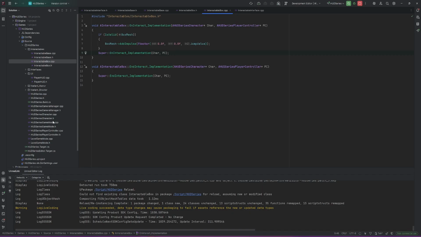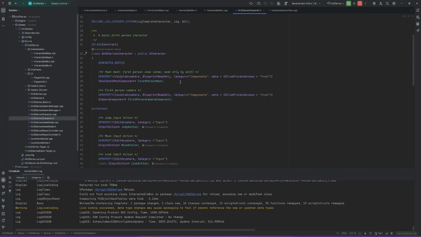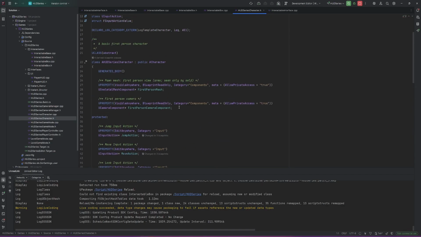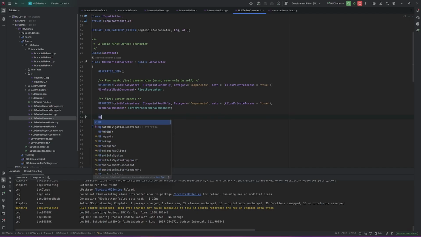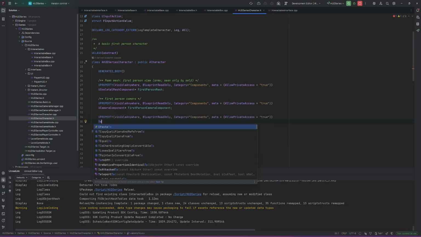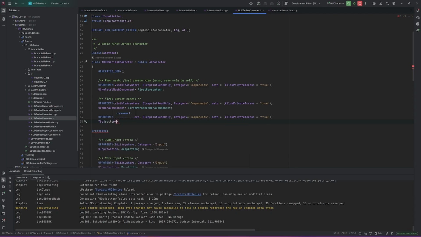add a box collision to the character. Let's jump into the character. The character needs a box collision itself as well. View property in the character, and we'll call it visible anywhere. Have a category under components, and then meta allow private access is true. All fine. We need a T object pointer, and then we're going to call it